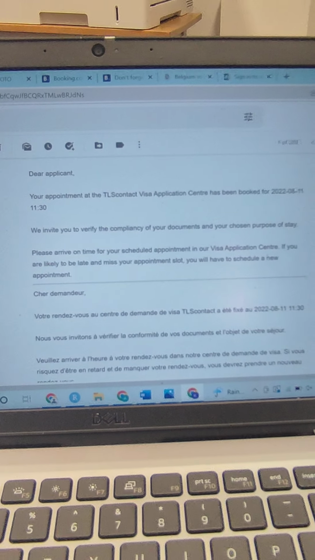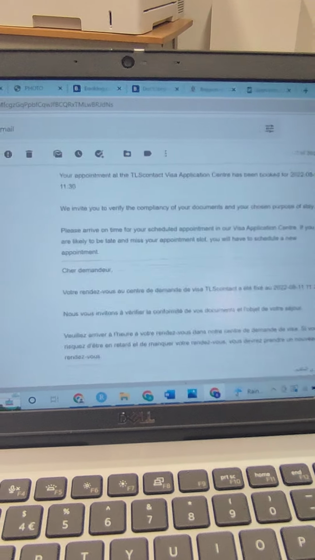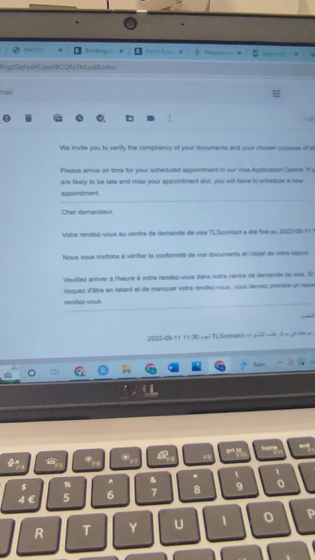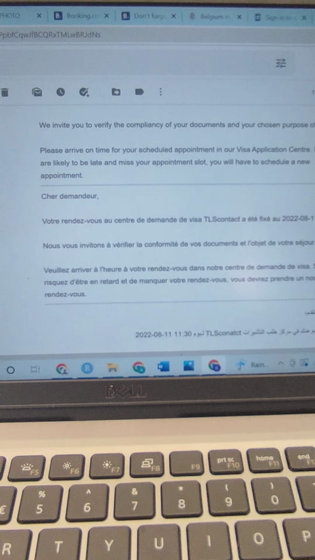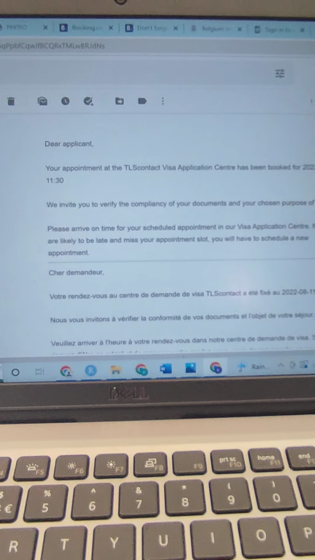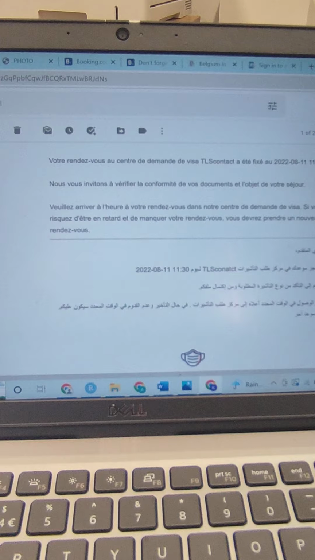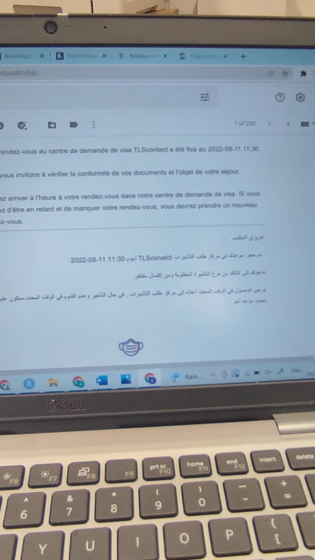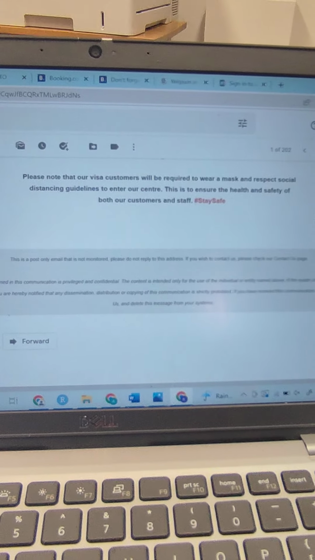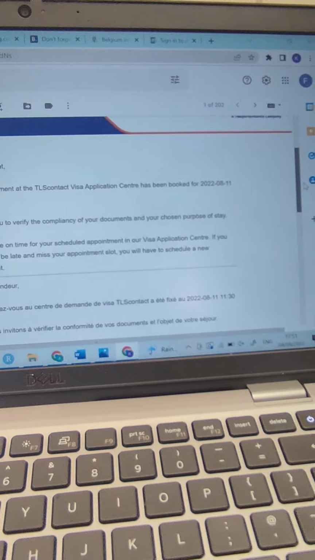They invite you to verify your documents and everything, and they're actually giving it also in French. They are translating that message in English to French, and then this is, I think, Chinese, no, Arabic. This is Arabic. Yeah, they are trying to make sure that the whole world